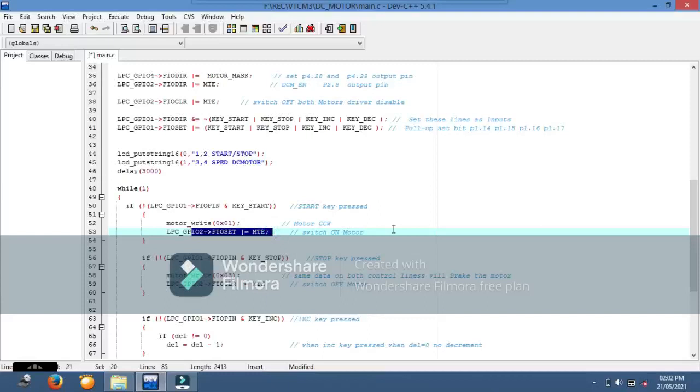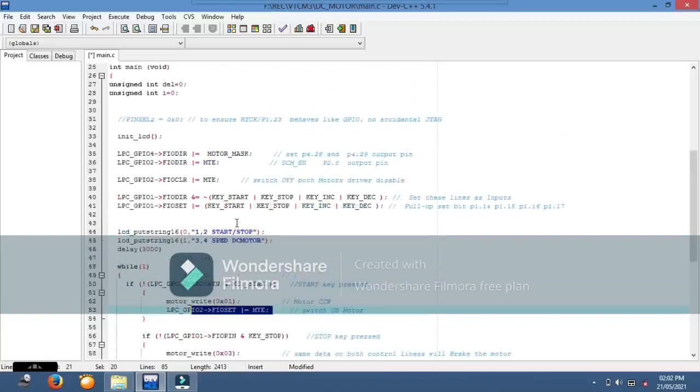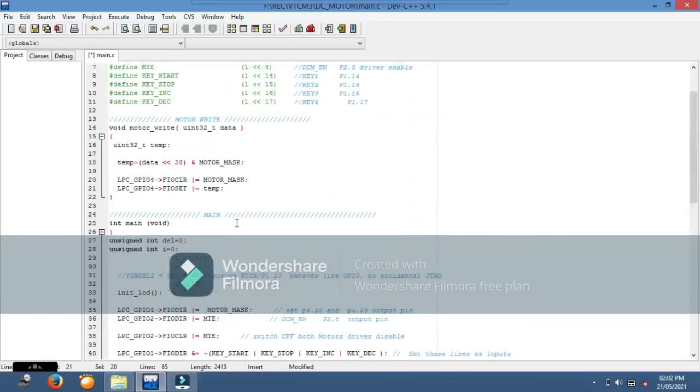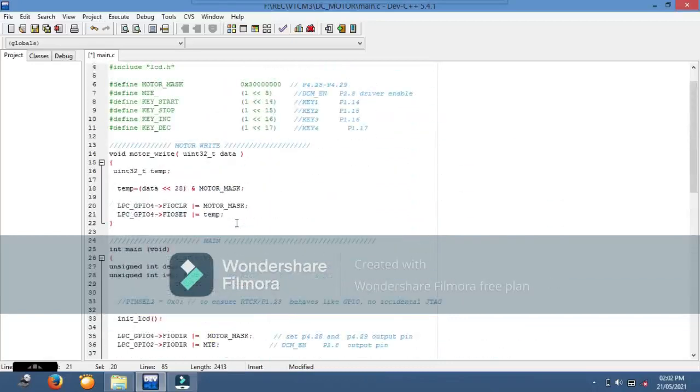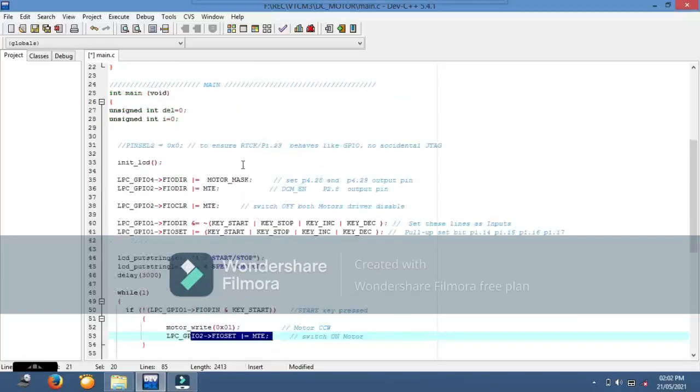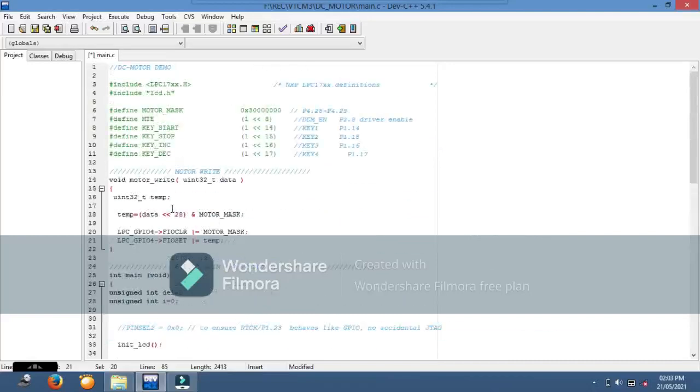When the driver is enabled, you are passing the 01 value to the two signals, means 0 1. You are sending 01 to the motor, right?